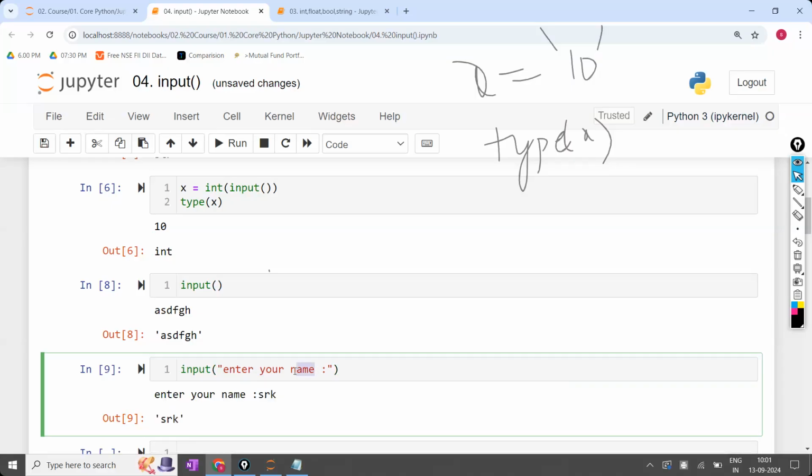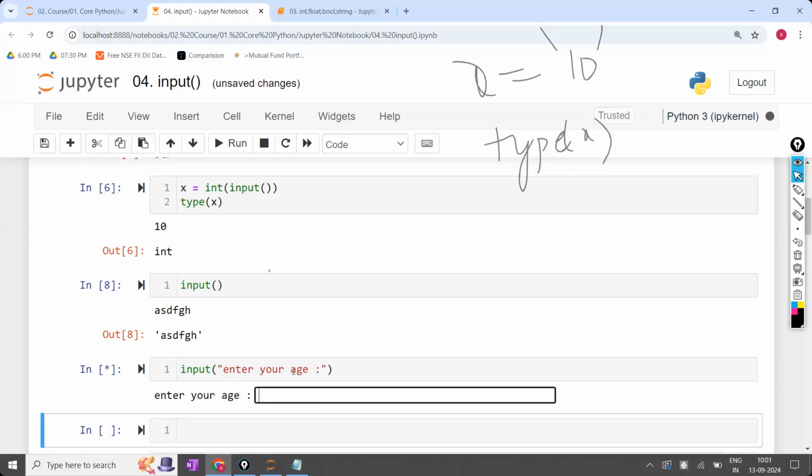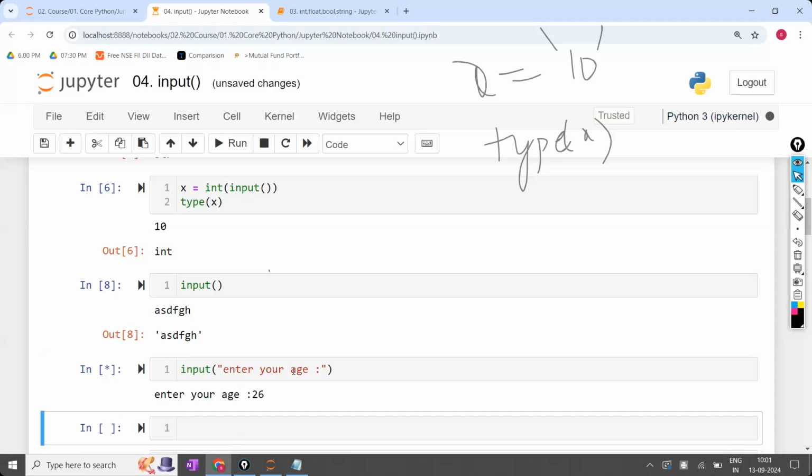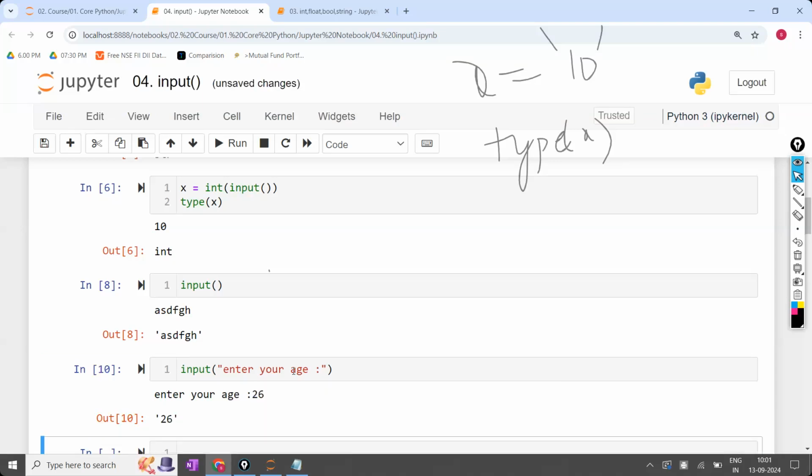So for example, here you are writing enter your age. It will print enter your age like that. And I'm going to enter the value, like 26. Whatever it is, example purpose. As everyone knows, my age is not 26. Example purpose only. Right? After having 12 years of experience, how can age be 26 only. Now, next. So enter your age or enter your name or enter your number of years of experience,